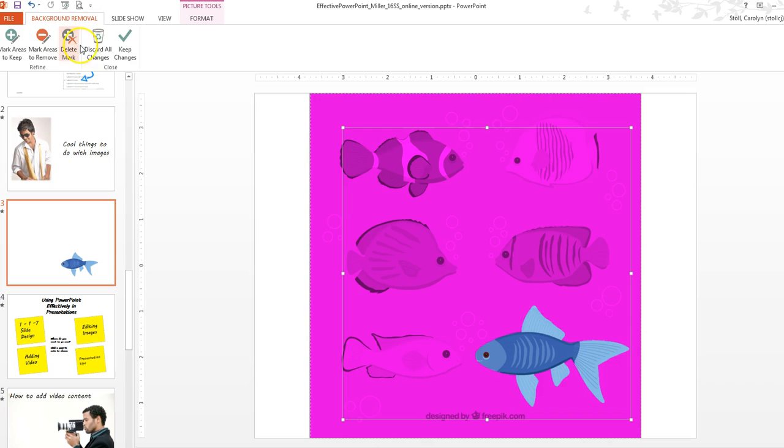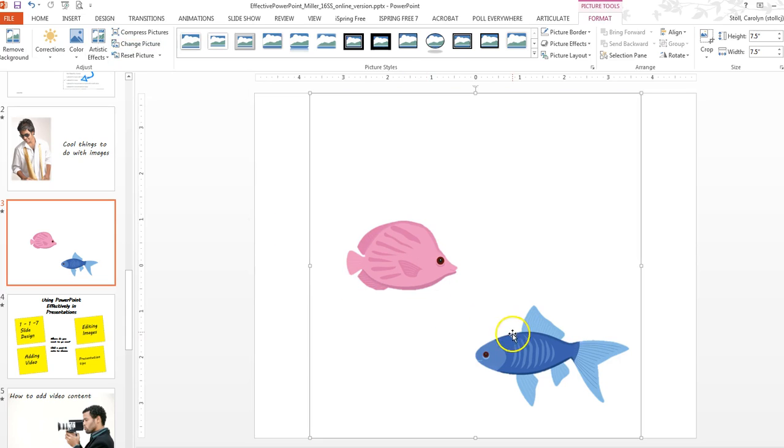Well, I have a whole set of buttons up here that allow me to mark areas to remove or to keep, depending on what I want to mark as transparent and what I want to be visible. So in this case, I'm going to mark areas to keep, and since this is a pretty big chunk of color that I want to keep, I'm going to draw a line, and yay, I got lucky. PowerPoint figured out that I want these sort of pinkish colors by drawing this line and grabbing a big area of the part of the picture I want to keep. And so now all I have to do is click Keep Changes, and ta-da, suddenly I just have two fish